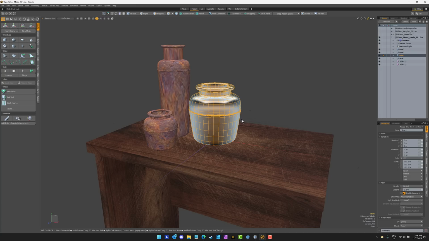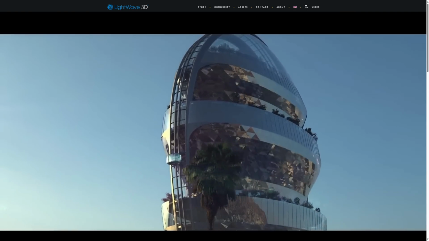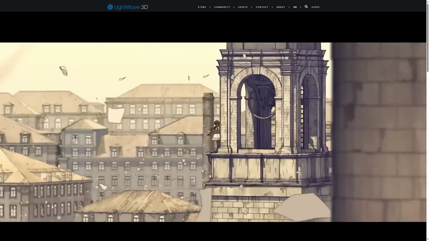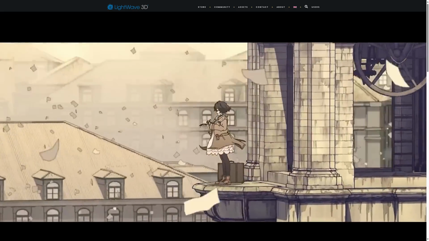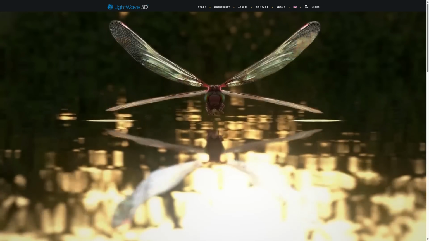Now, the reason why we're talking about Modo today, though, is not really a happy reason. In fact, Modo is kind of going away. Now, to understand the story of Modo, we're going back in time a little bit further to an application called Lightwave. Now, Lightwave has actually been having a bit of a renaissance lately. I may need to look at it at some point in time, but Lightwave was kind of the preeminent 3D